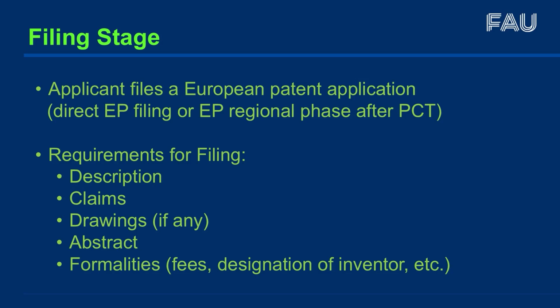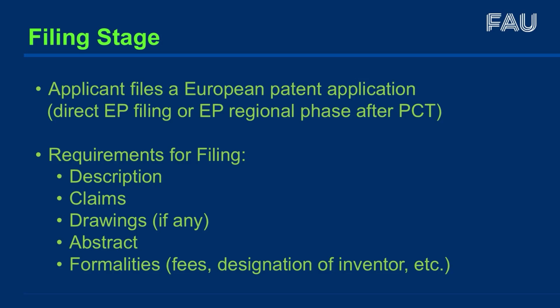An application can be filed directly with the EPO, or it can enter the European regional phase after an earlier PCT application. If you would like to learn more about the international route, please have a look at the separate video on PCT filings. To be complete and valid, an application must include a description, at least one claim, drawings if they are needed to understand the invention, an abstract, and the required formalities, such as paying the filing fees